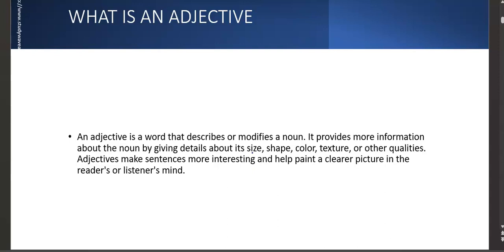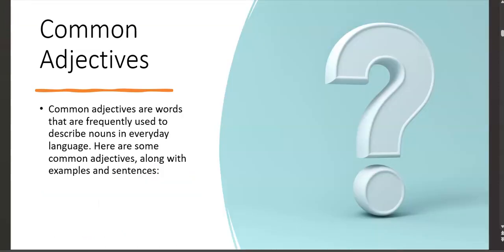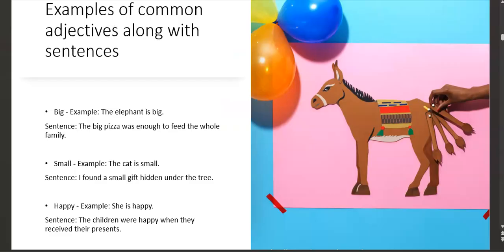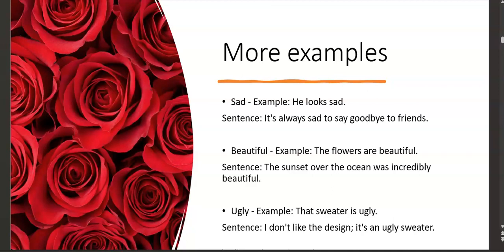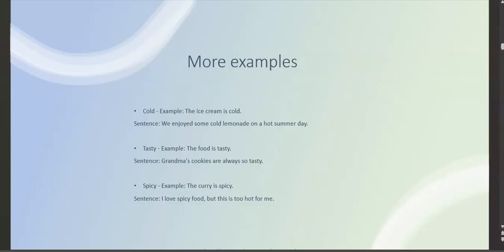But our main class today, we were talking about the common adjectives, which I told you are just adjectives that are frequently used. We frequently hear people talk about them, we frequently hear people discuss them. Examples I gave: big, small, happy, sad, beautiful, ugly, fast, slow, hot, cold, tasty, spicy, noisy, quiet,